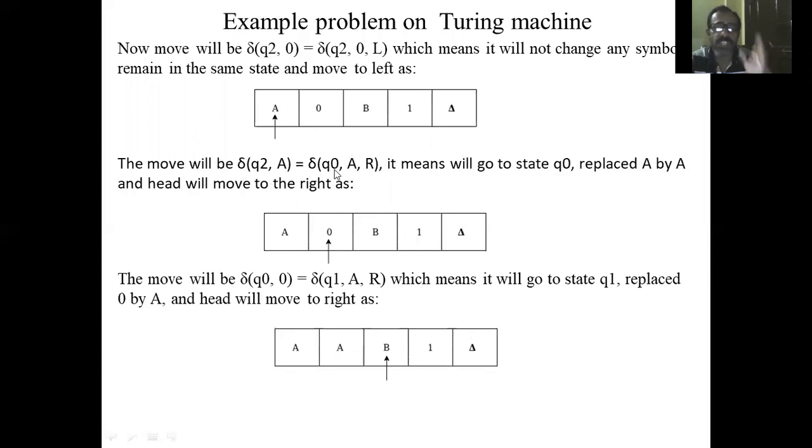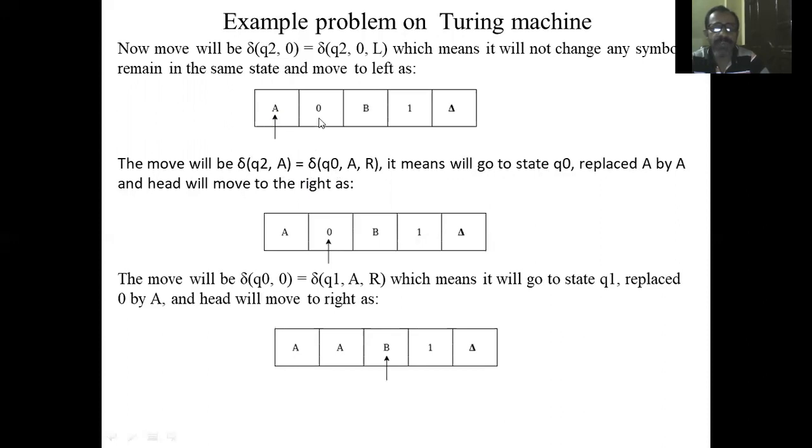Just remember these states. Q0 is used for replacing 0 with A, and Q1 is used for simply skipping all zeros and B's also. We will see that now. B also we are going to skip, and Q1 is also used for replacing 1 with capital B, and Q2 is used for skipping all B's and zeros, and we need to come back until reaching the first A from the right. If you remember these operations, then we can easily design all the problems. So delta of Q2 comma A is Q0, because this is the first A from the right. That means on the left side all the zeros have already been changed to capital A.